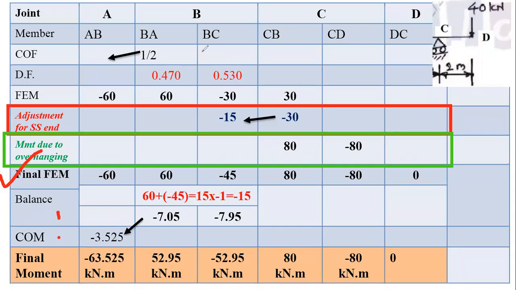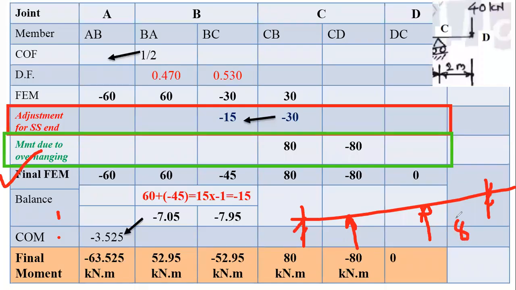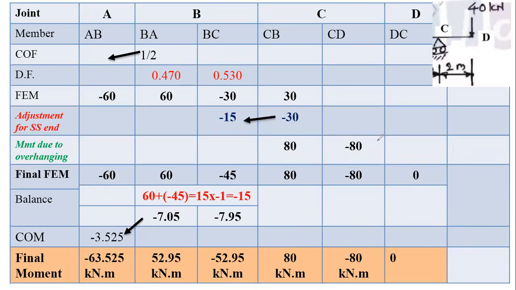Whenever the beam has a simple end support, or has an overhanging end, that particular beam requires fewer cycles. Instead, a continuous beam with both end supports fixed and two intermediate supports will require 7-8 cycles. So minimum 5 cycles we have to perform. Always in examination choose the numerical where the end support is simple or it has an overhanging span like this. So this is the type 3 numerical we have discussed.